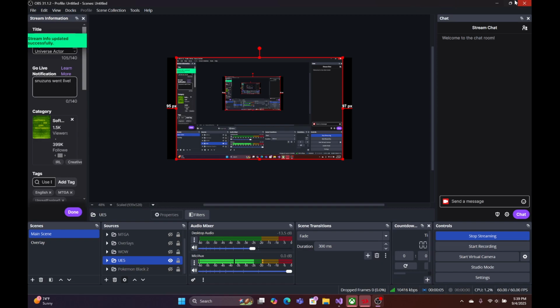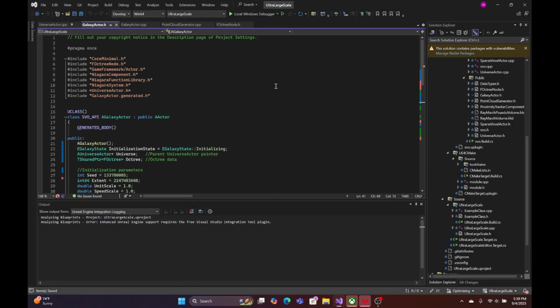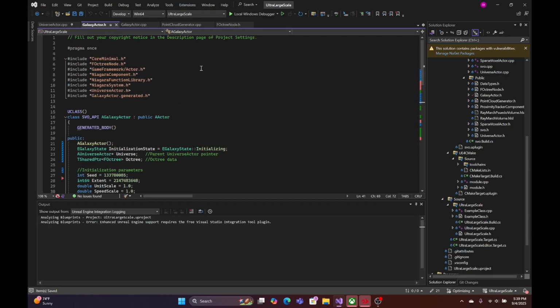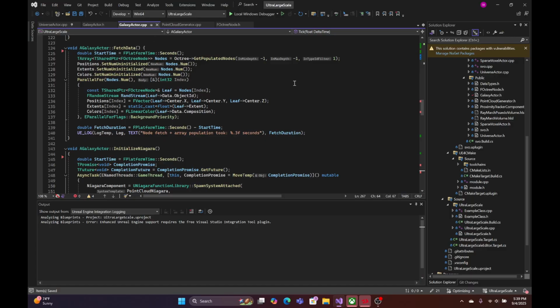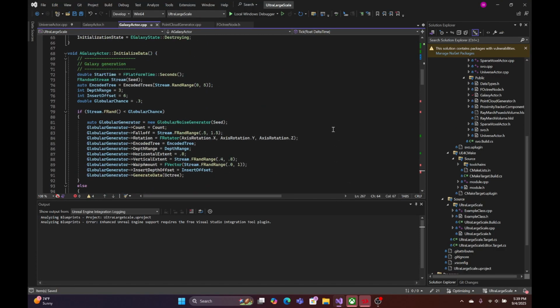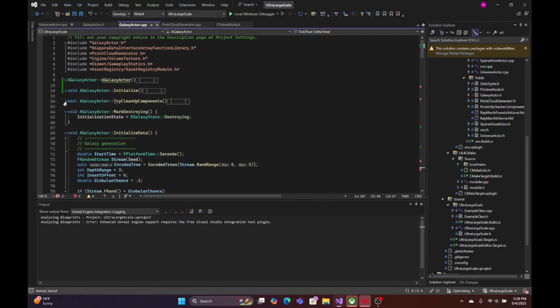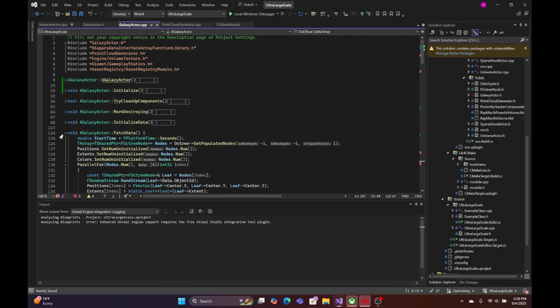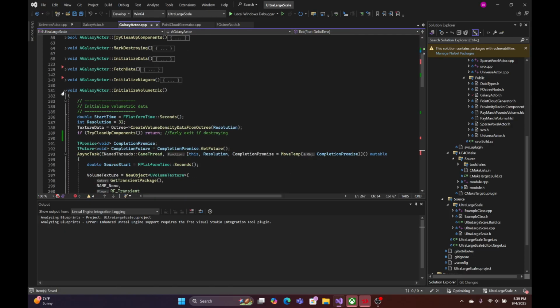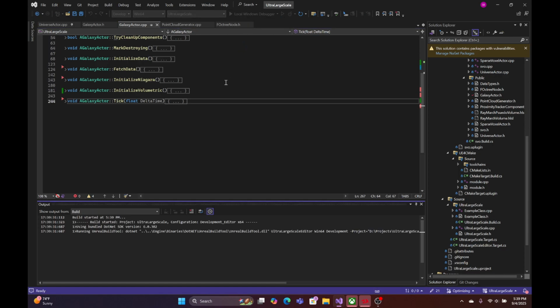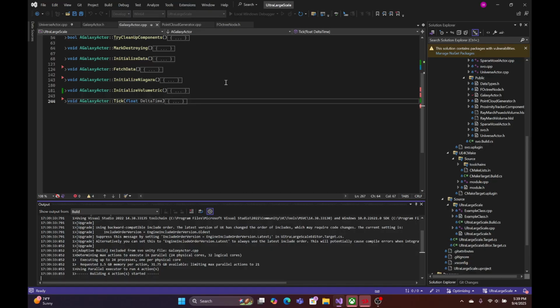I haven't had much time to work on this the past few days, but I did spend some effort on optimization. I was having really bad hitching when we would spawn in galaxies and things like that. So I figured I would review the changes to this class and how I managed to do that, which is still probably not perfect because I still have a garbage collection hitch that pops up every now and then. But first, we can see what is going on, and then I will talk about the code